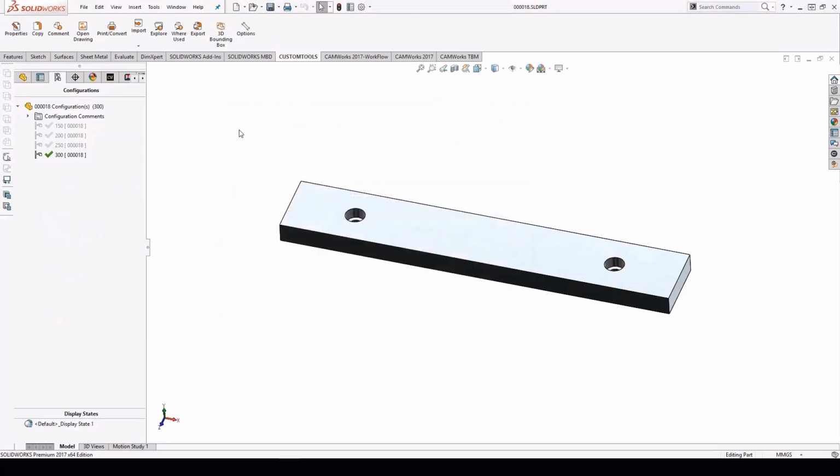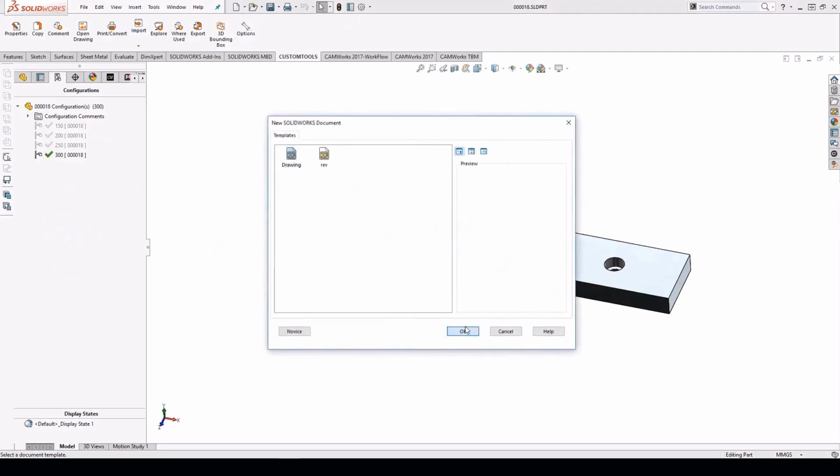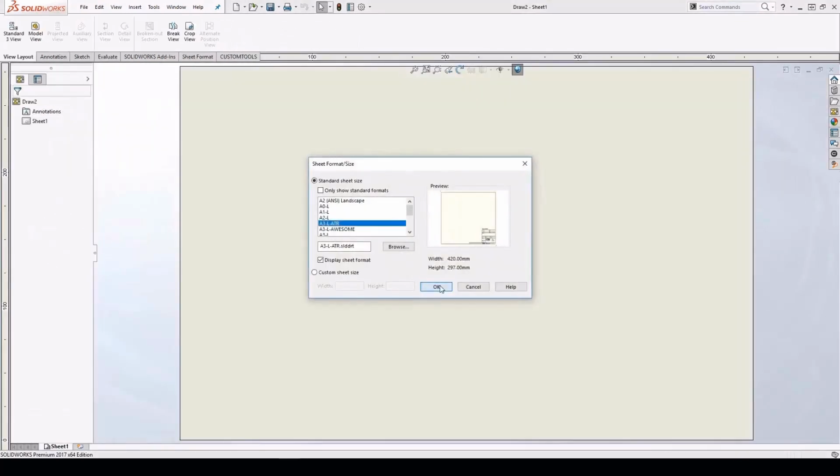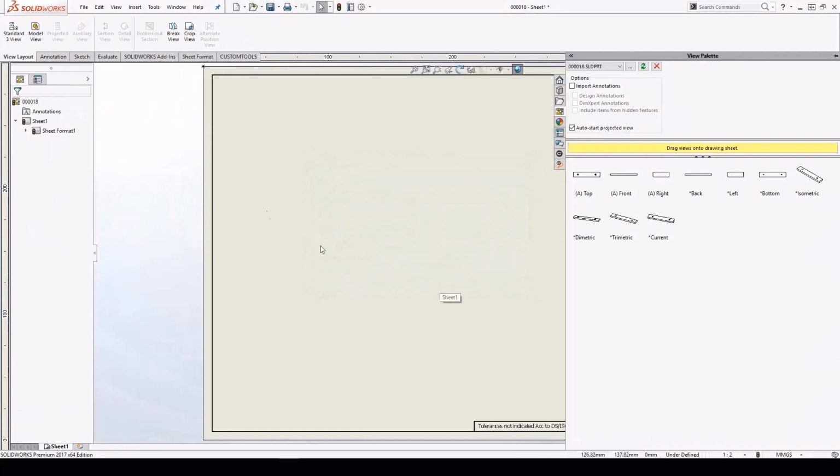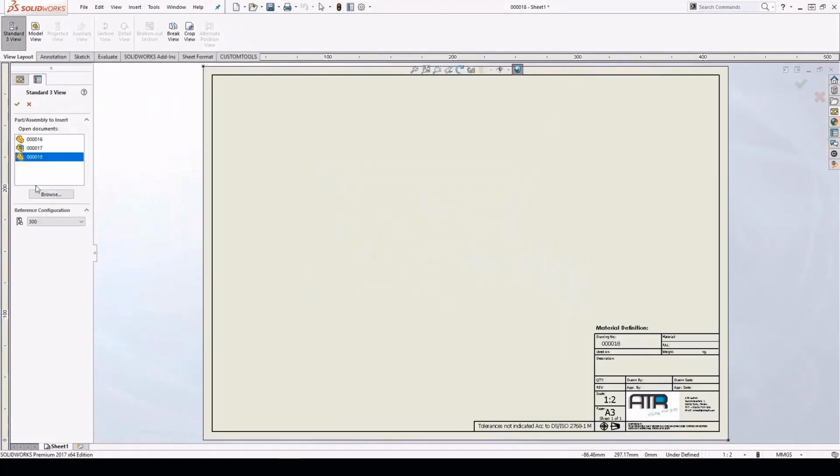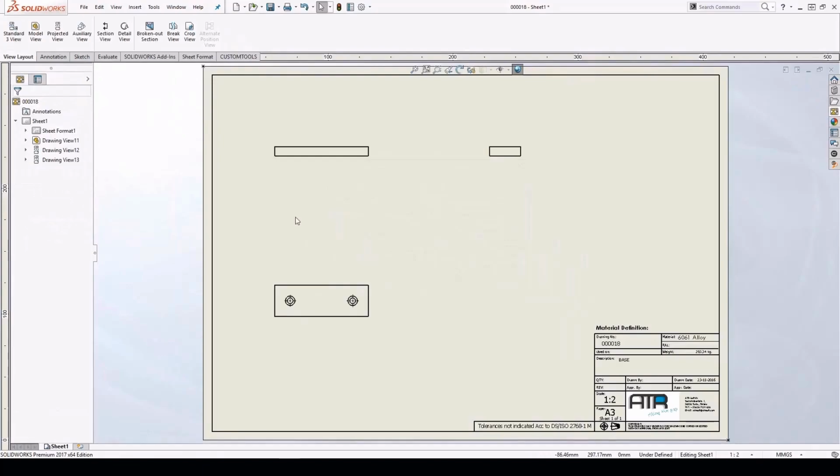Now, next, I'm going to create drawings for this part. So I'm going to create a new drawing, hit OK, hit OK again, and then insert a standard 3 view. From the reference config, I can just pick the 150 and hit OK, and that's inserted. And now when I save this file, we are going to save it using that file name. So we use the sequence of the part and add the config name. So that's basically it. I can then go back to my part file,